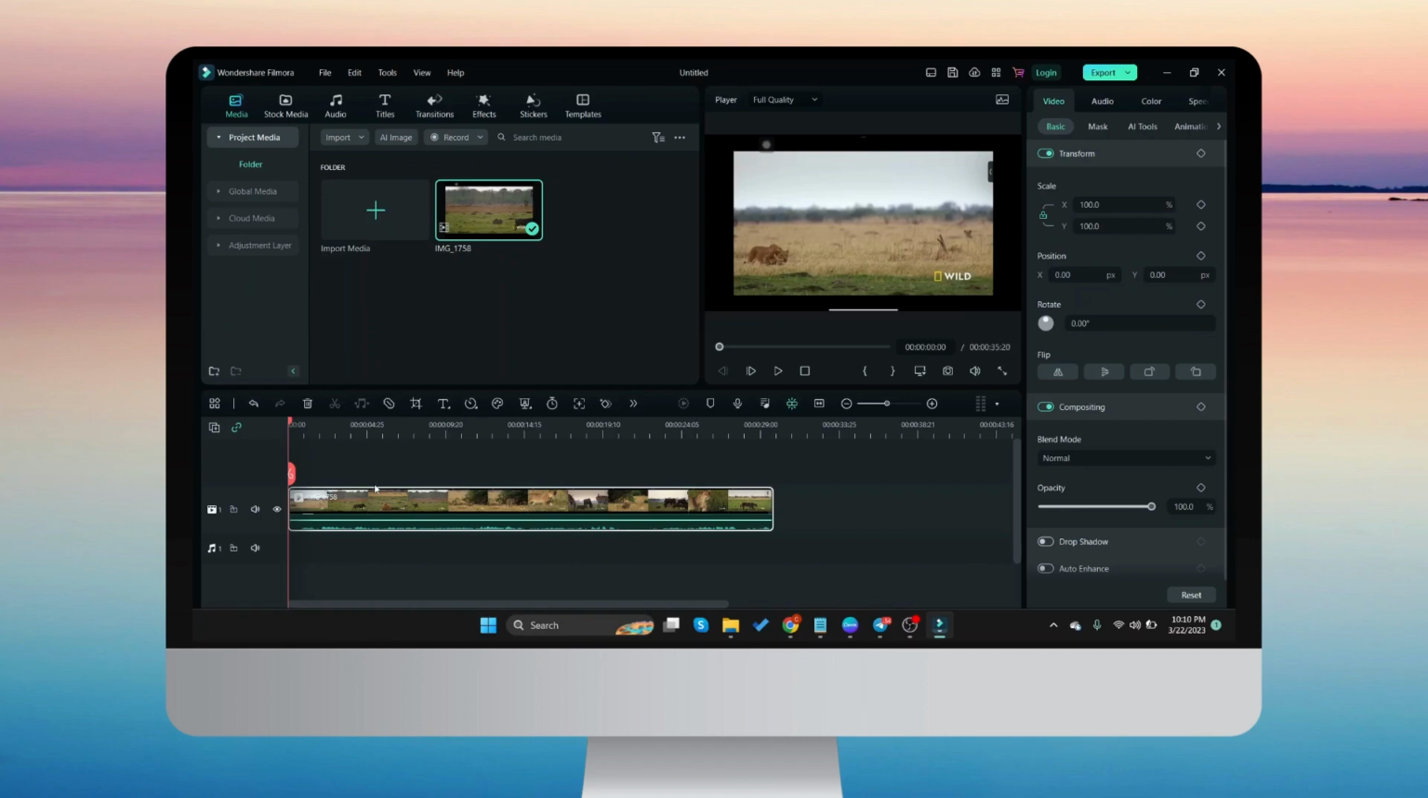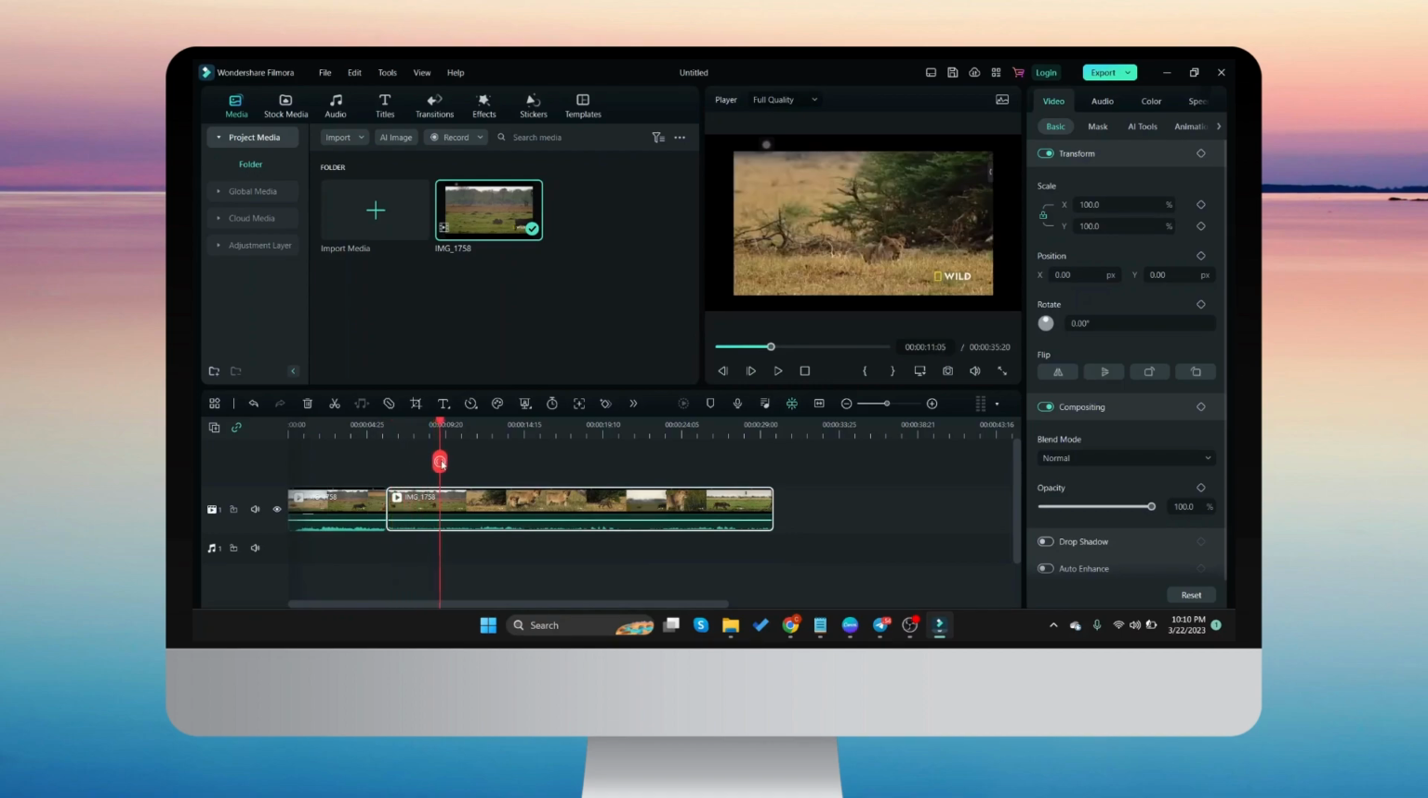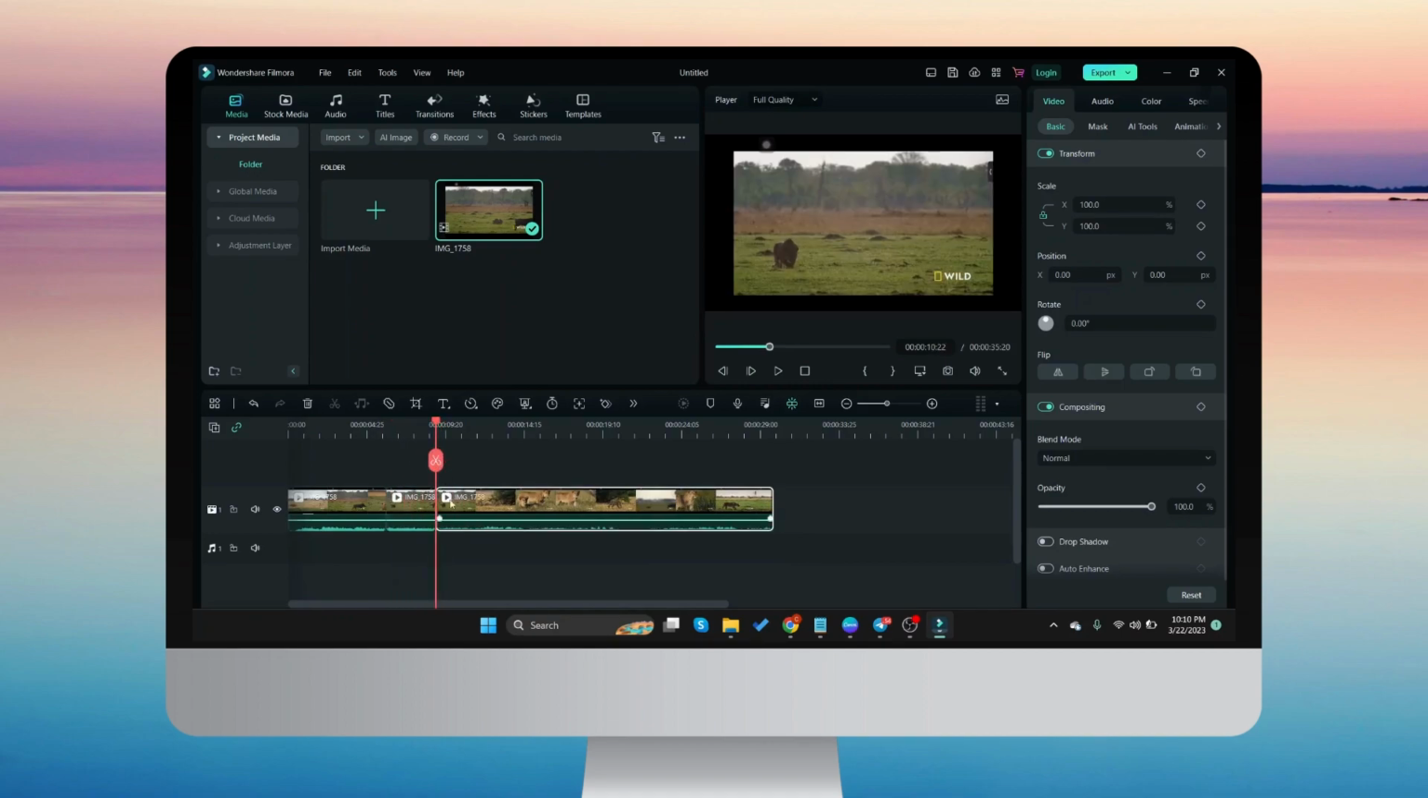To crop the video, you need first to split it. Click the red line to split it or simply click Ctrl plus B. It is a shortcut for splitting videos. Once you're done,